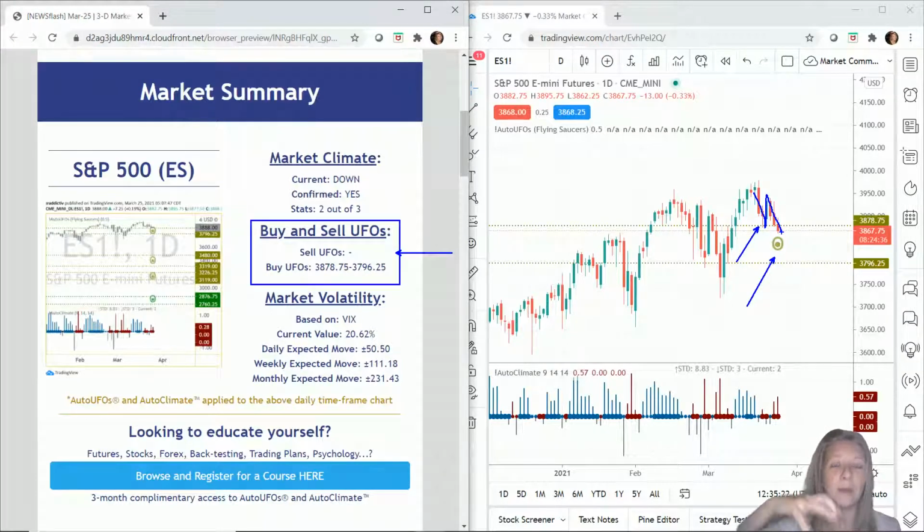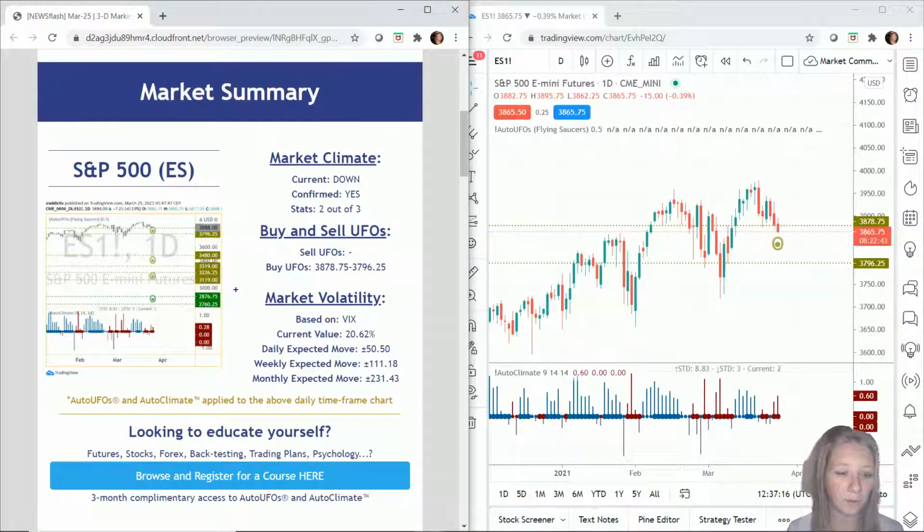We have a climate pushing down. We have buy orders pushing up. So two different forces going off against each other. Ideally, we want those two things to line up. So as they're not lining up, I would say it's something I would keep away from, considering we have, like I said, not enough room really to capitalize either way.